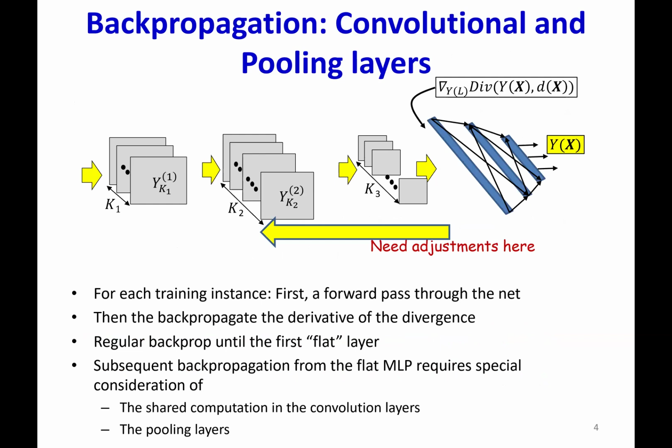And so here's how backpropagation was performed. For each training data, we first pass the data instance through the model to get an output. You'd compute the divergence between the output of the model and the desired output. And then you'd propagate gradients backward using conventional backpropagation rules until you came to the first layer of the MLP that followed the CNN. Then the gradients with respect to the input of this MLP would be folded back to get gradients for the derivatives for all of the channels of the final layer of the CNN. And from there on, we would use the backpropagation rules that we've seen earlier in the last class to propagate derivatives further backward. And these backpropagation rules must consider the shared computation in convolutional layers and the somewhat funky computation